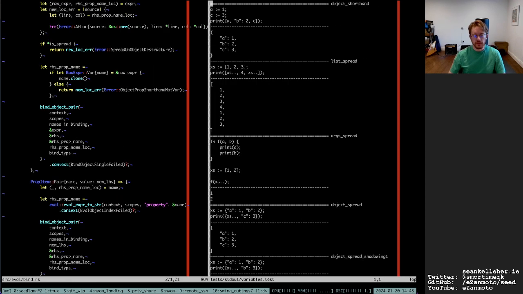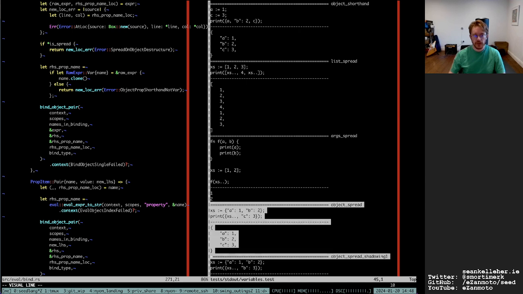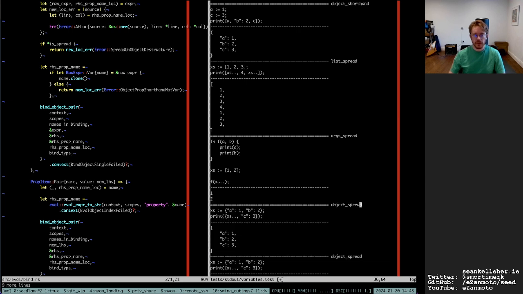So I'll add some tests here for the object destructuring. So we'll add a very basic one to begin with. And actually that's interesting what the syntax of this is going to be like, and if it's going to allow renaming.